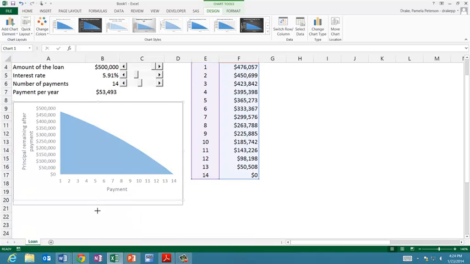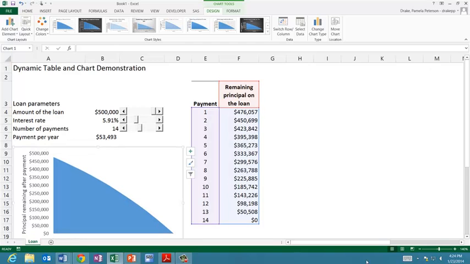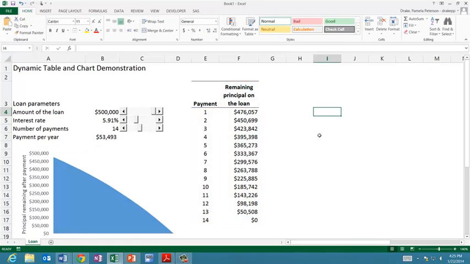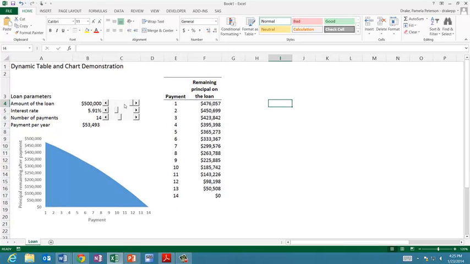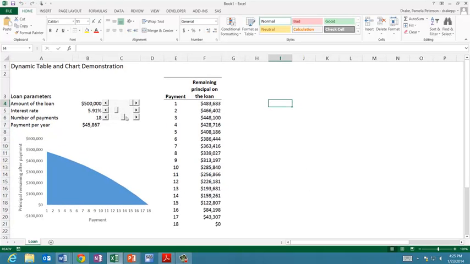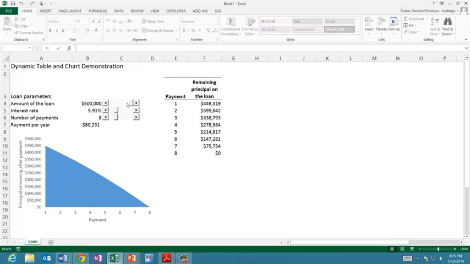And I'll stretch this out a little bit, make it easier to read. So the user can come along and adjust and see what the effects are on both the table and